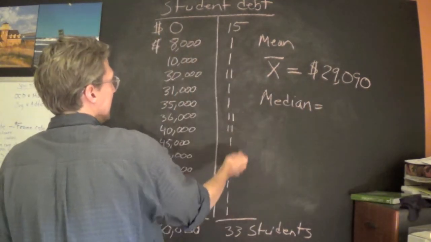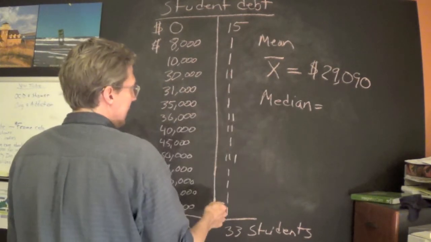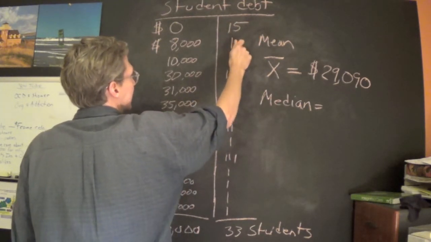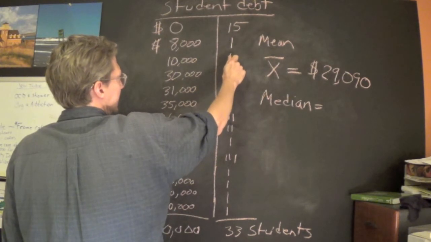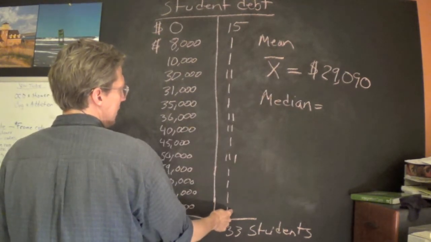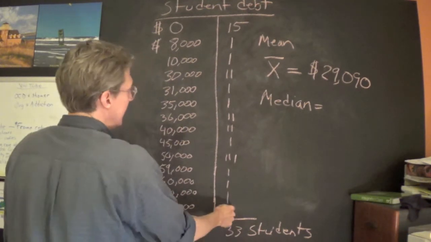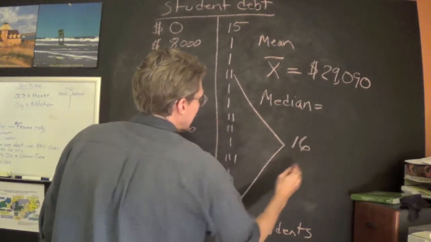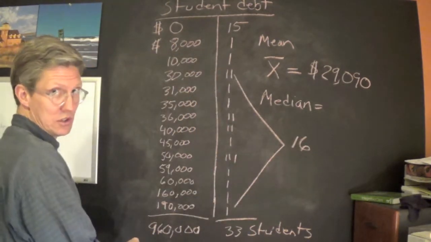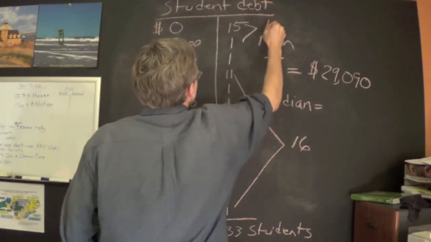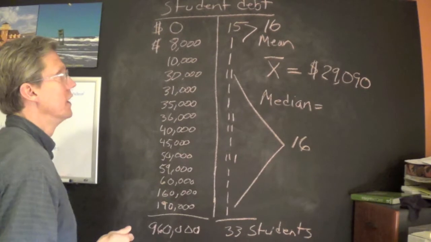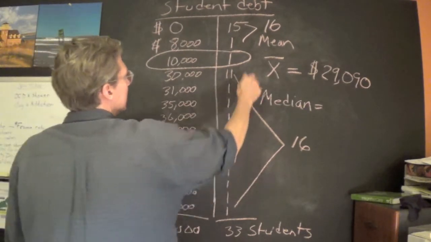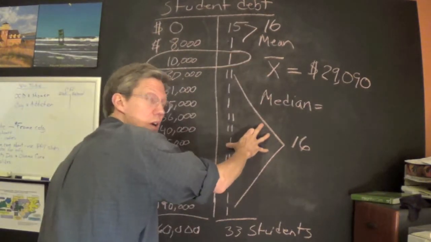And the way we do that, so we're going to look at median here. We're going to just count and find the center point. And we can kind of visually do this. So for instance, right here, I know I've got 15, and that's 16, 17, and if I'm going to count back from up here, I've already done this, but what we would find is that when we count these up, 16 of our students fall within this range. 16 of our students fall within that range, and so our median, the midpoint, we've got 16 above, 16 below,